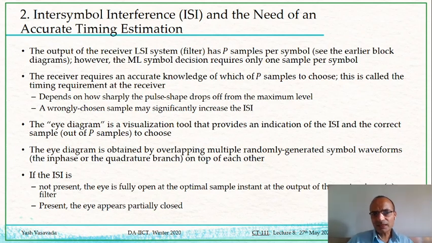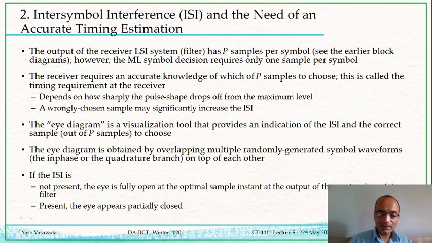So we will not spend any time on that, except to say that there is again a visualization tool, a kind of a numerical tool similar to that other numerical tool we have seen, the error vector magnitude. It's similar to that, which is known as eye diagram. And all that the eye diagram is that you take multiple symbols coming out of the receiver filter, and then you just overlay one on the top of the other.